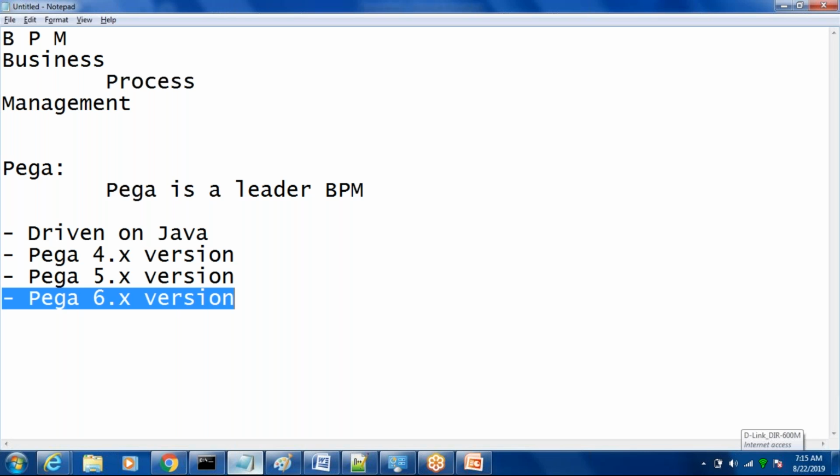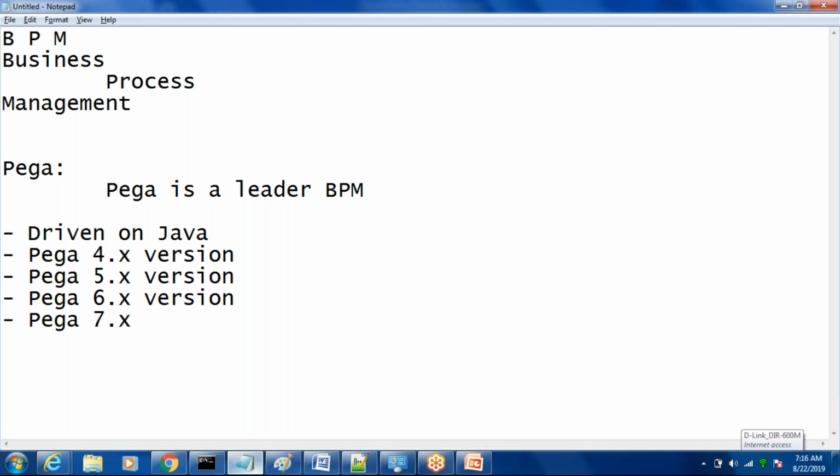So it minimizes the time to write Java code and increases application development speed, giving faster and quicker development. Pega 6.x is the version where it started being the leader, and from there onwards there were no other obstacles.